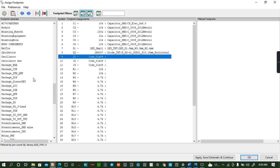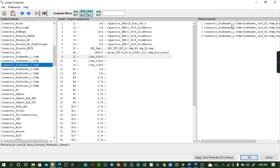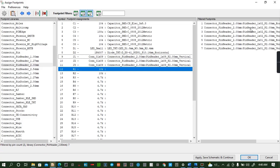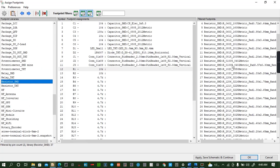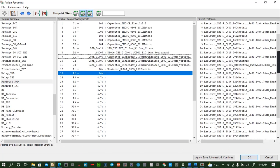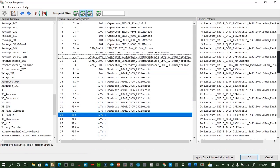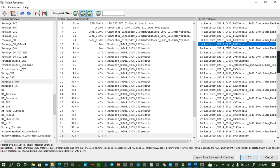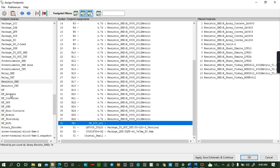The connectors. We'll use pin 2.0. For the resistors, they are SMD 0805, of course. And for the switch,